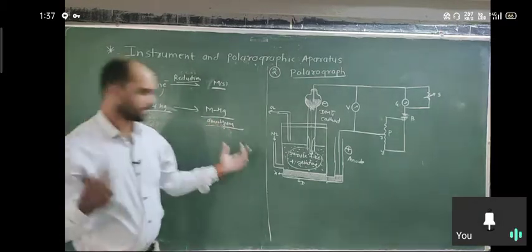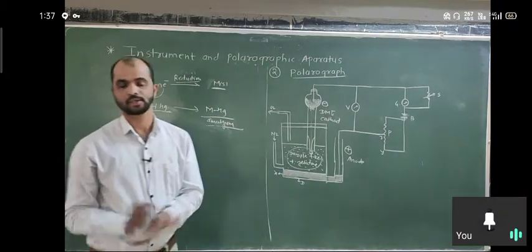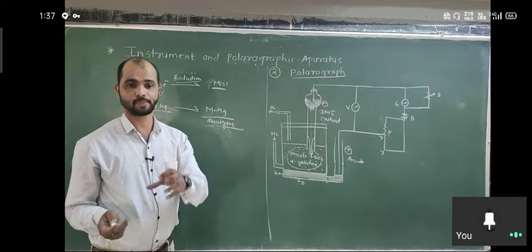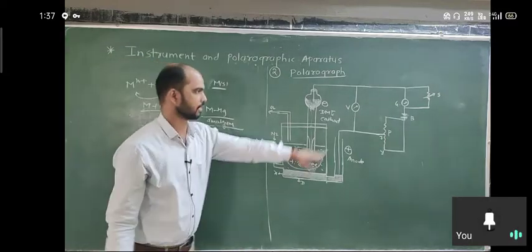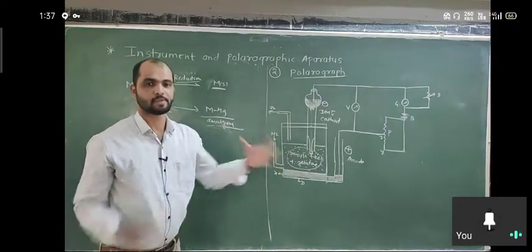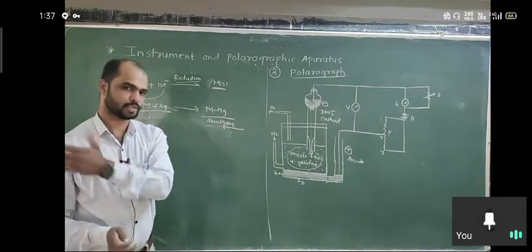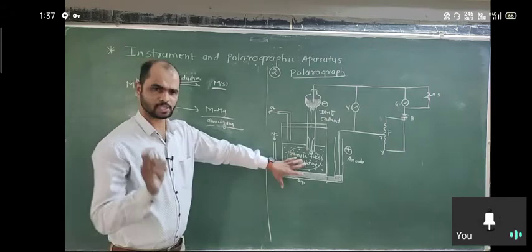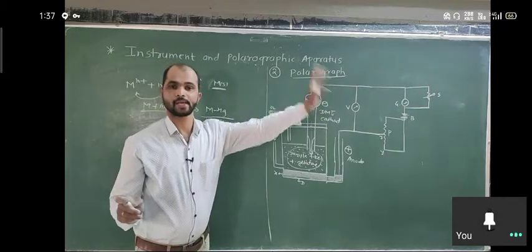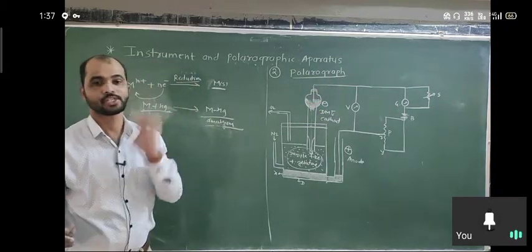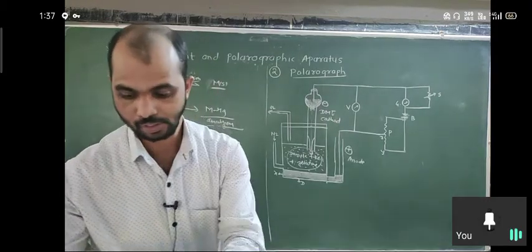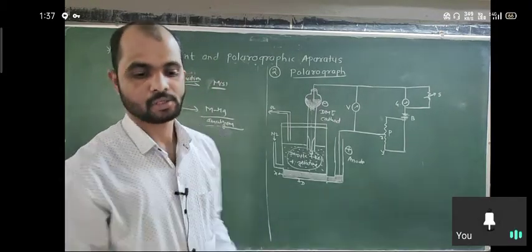This amalgam is solid. Here we can separate the metal, or there is no need of separation. We just measure how much current is passed through the cell and analyze it. There is no need to isolate the solid metal. The aim is just to measure the current passing through the cell when potential is applied. This is the important function of polarography. So this is the working of this instrument.